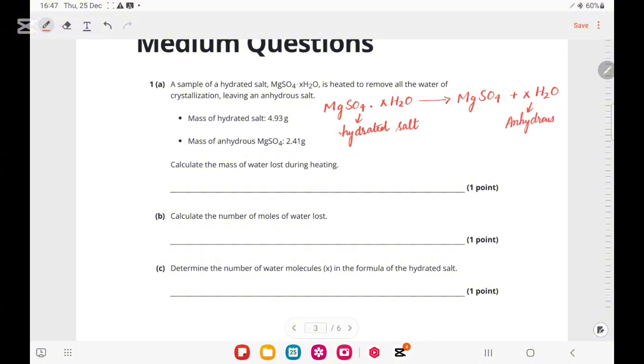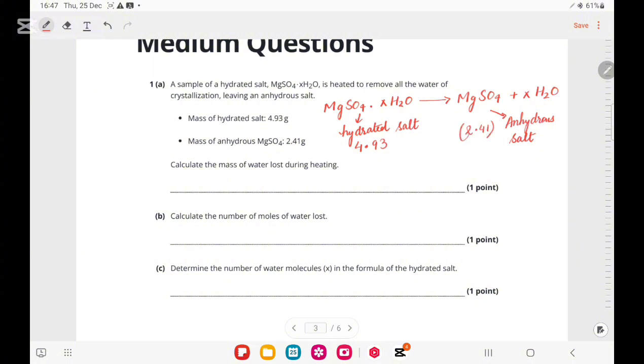Sorry, basically this is anhydrous salt. So now what happens? They want us to find the mass of water lost. They have given us the mass of hydrated salt, which is 4.93, and the mass of anhydrous salt, which is